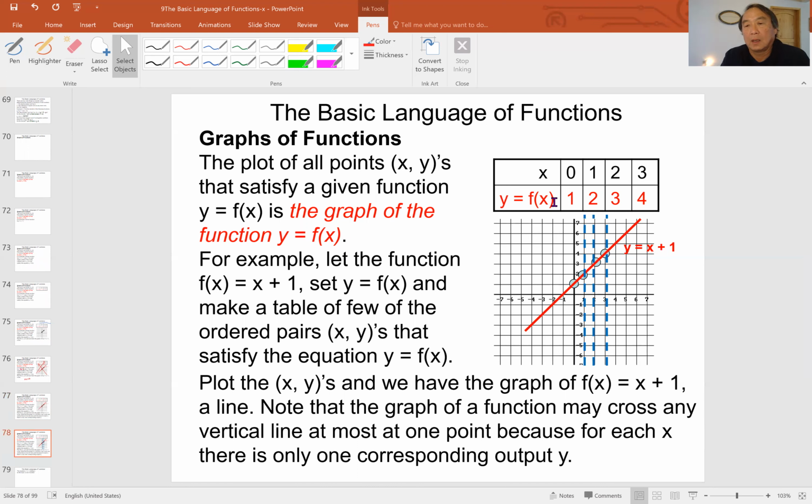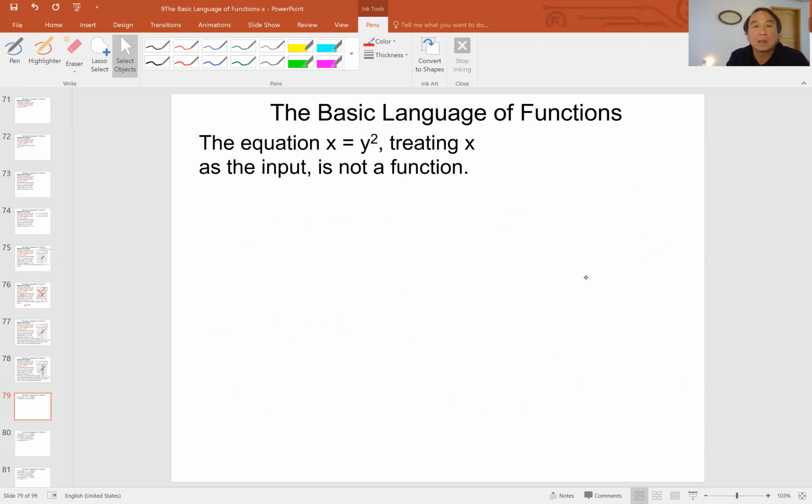Notice for each input, x equal to 2, y is equal to 3. There's only one point for one x, because one single x produces one single y. Now, if we blur who's the input and who's the output, these are called equations, that is, it's not written as a formula in x. Rather, it's just a formula